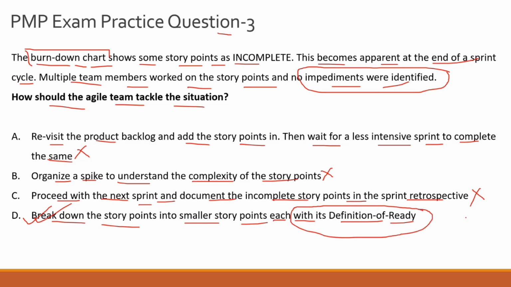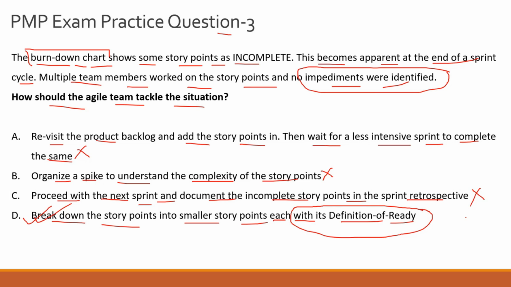And now, what is definition of ready? Again, it's an agile term, so you can go back and study your agile practice guide. Basically, definition of ready is the scope that you are defining in terms of the way you are going to execute the story point from inception to completion. So it means that you are ready with the overall scope of the story point which needs to be executed, and everyone in your team is on the same page